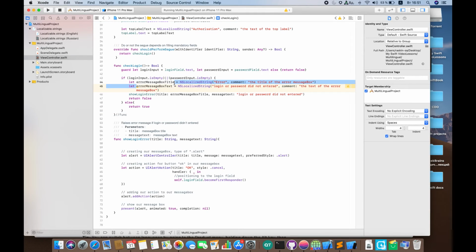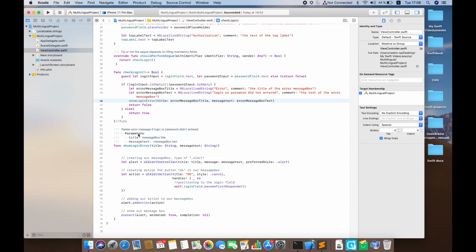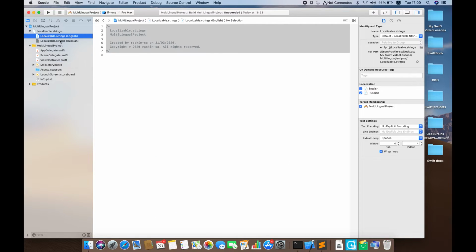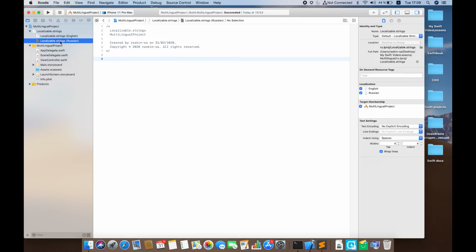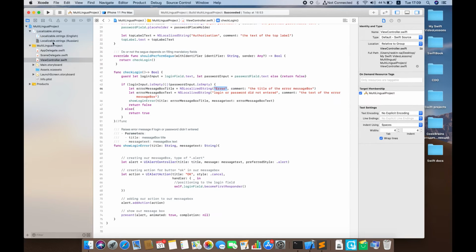The last change in our code. Disable localization files. As we can see, now we have two files, localizable strings, English and Russian. They are empty right now. Let's start to fill it with our string. We can do it manually, for example, error